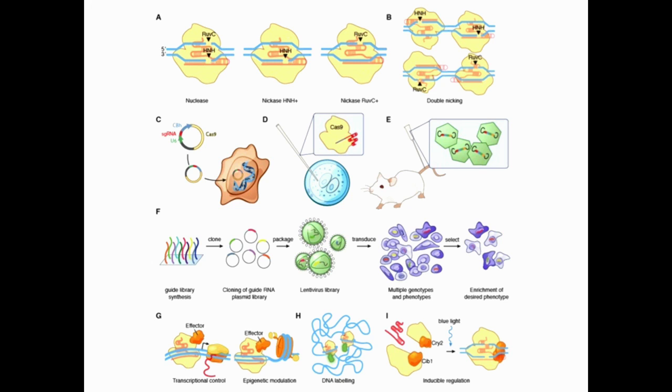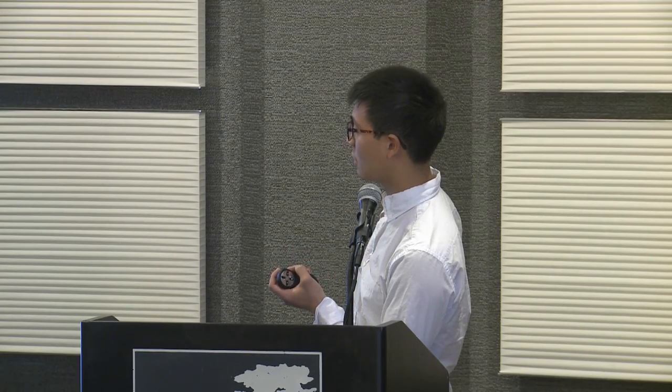Finally, Cas9 can also be catalytically inactivated. When you generate the nuclease mutant, you inactivate one of the two nuclease domains. If both of those are mutated, you can convert Cas9 into a generalized DNA binding domain, a dCas9 or dead Cas9, if you will, that can be fused to various kinds of effector domains, such as transcriptional activators or repressors for transcriptional control, to DNA methyltransferases or histone-modifying enzymes for epigenetic modulation, to GFP or other fluorescent reporters to specifically